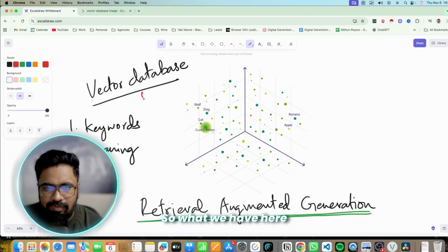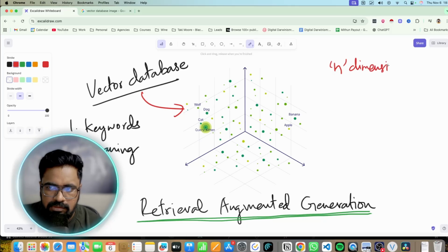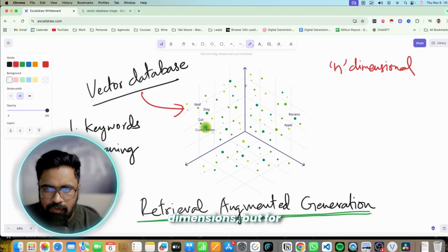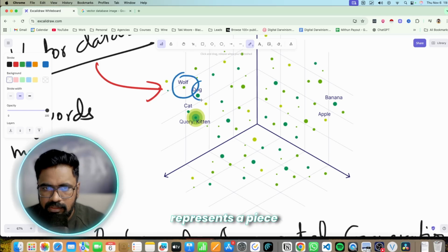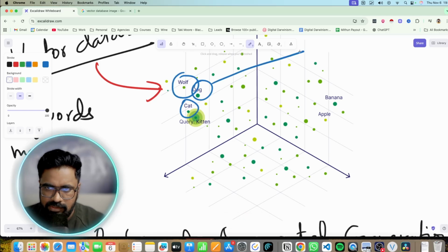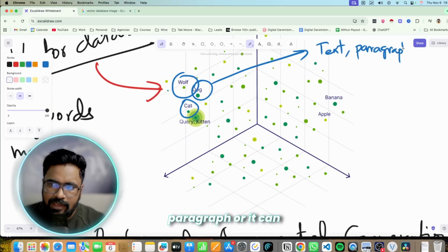So what we have here is an example of a vector database. A vector database is an n-dimensional database. It can have n dimensions, but for simplicity, here we are using 3 dimensions to show how it works. All these are data points in the vector database. Here's what a vector database actually does. You can see a lot of different points on this 3-dimensional space, and each of these points represents a piece of information. It can be a piece of text, it can be a paragraph, or it can be a